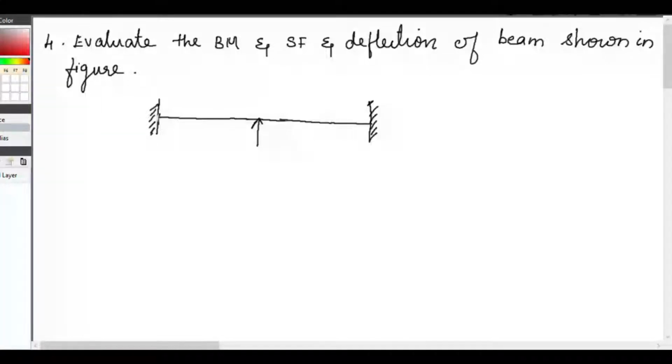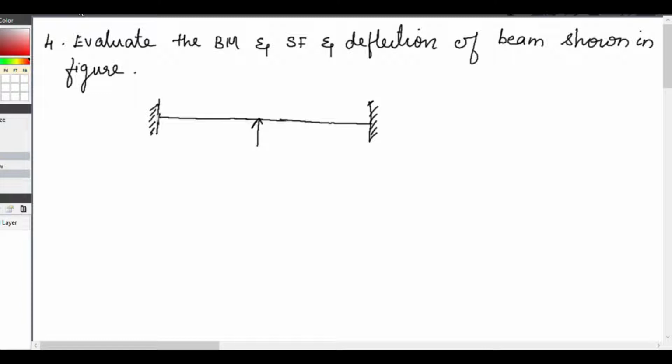Welcome everybody. So today we are going to see another problem. Already we have seen three problems. The first two problems were continuous beams with the extreme ends simple supports. The third problem was